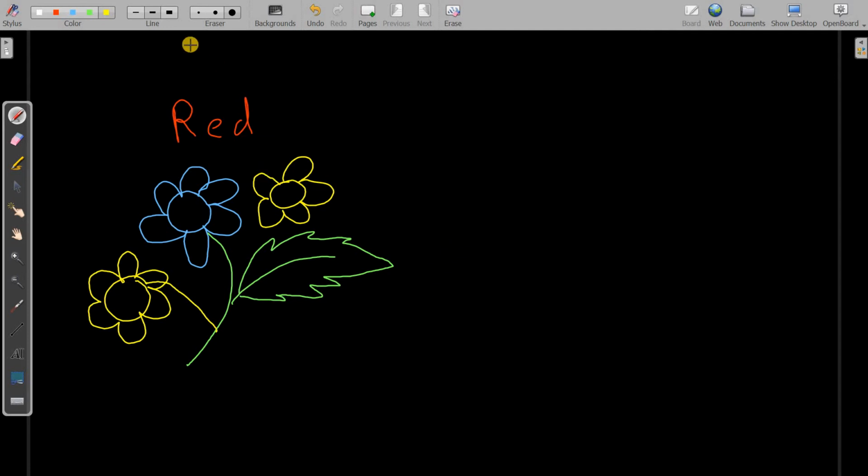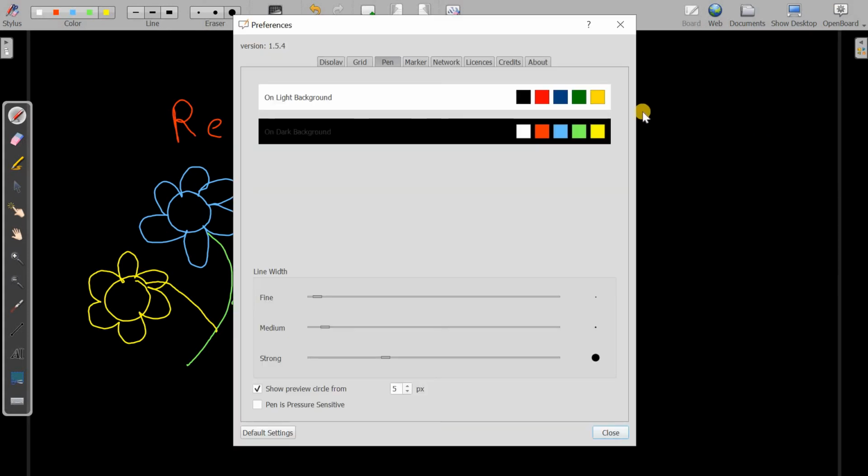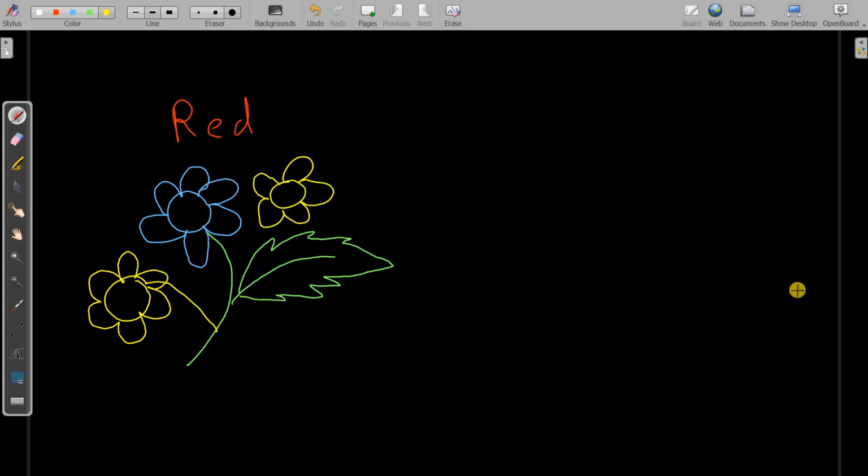Like that you can use colors. Color selection is also available in preference. You go here and can change your colors a little bit, and you have only this much choice, it is not giving more than that, but there is an option.